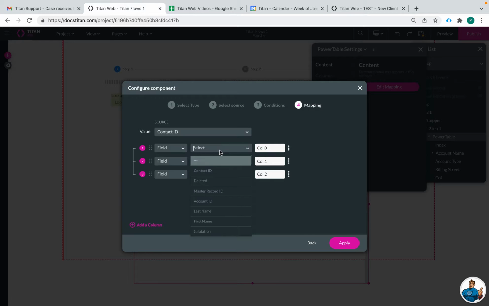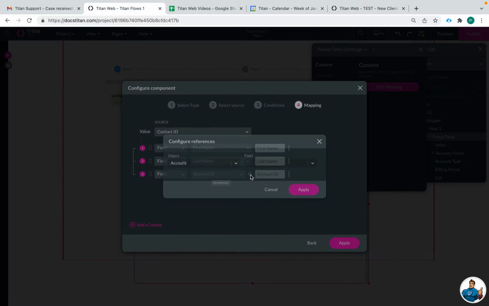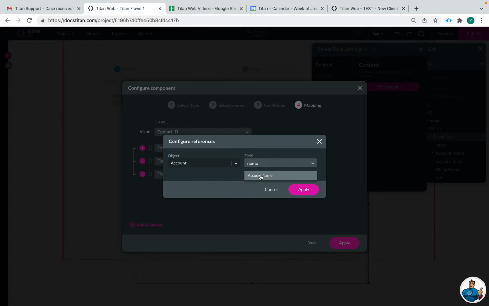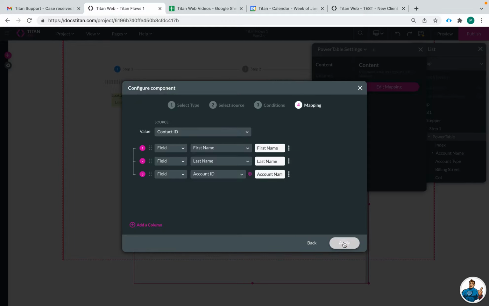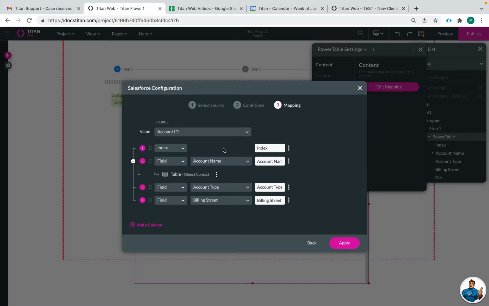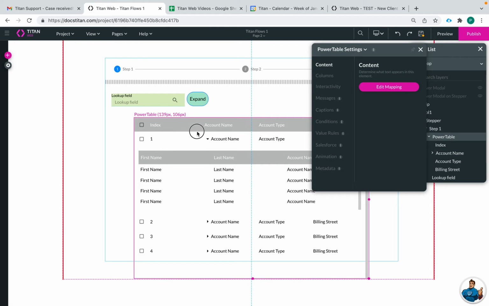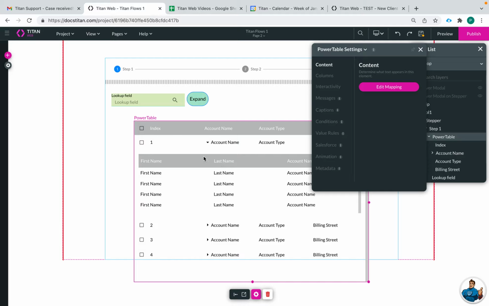So we can add in maybe first name, last name, and let's do account name too, since I know that that's something that would be populated. Account name, awesome, apply. All right, so now our drill down is enabled. We can click apply, and now it's just time for us to set up the table interactivity to expand and